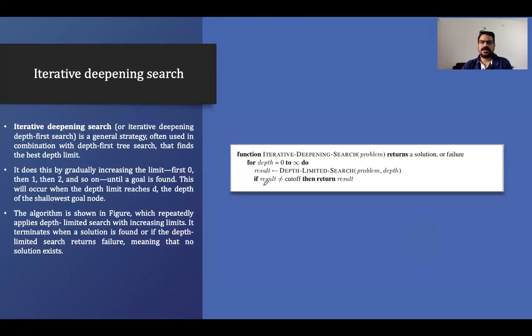Then we have iterative deepening search. What happens in iterative deepening search? We use the depth limit search algorithm, but we increase the limit value by 1 all the time. Let's say L was 5 previously, and with L equal to 5 we are not getting the solution. So we'll increase the L value to 6 and look for the solution.